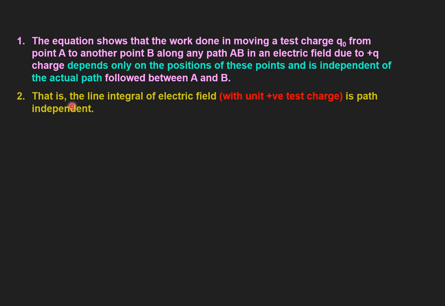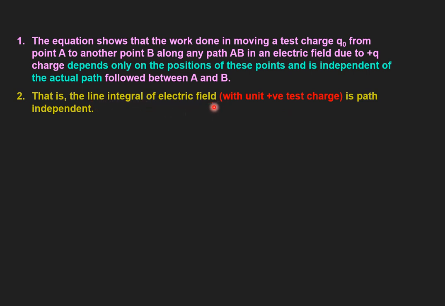So we will say the line integral of electric field, under the case when the test charge we have taken as unit positive charge, is path independent, because work done itself is numerically equal to what? It is the line integral. Line integral simply means F dot dl or F dot dr. So F is numerically equal to what? Q into E. Now Q I have taken as unit positive, so Q is 1, so F we can replace by electric field itself. That's why electric field into displacement vector is known as the line integral of electric field.